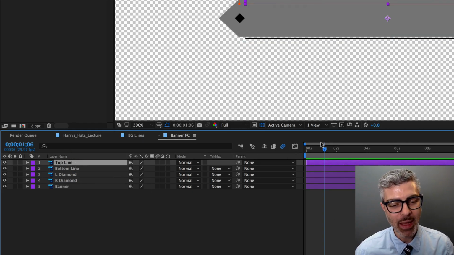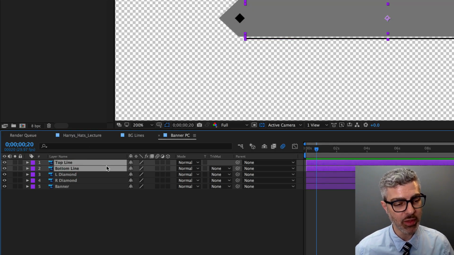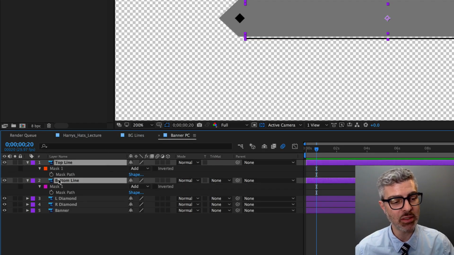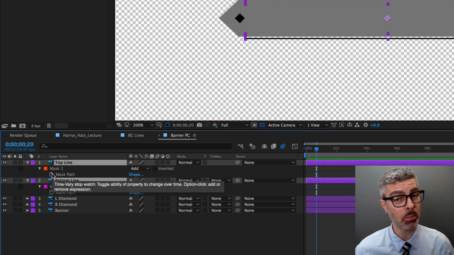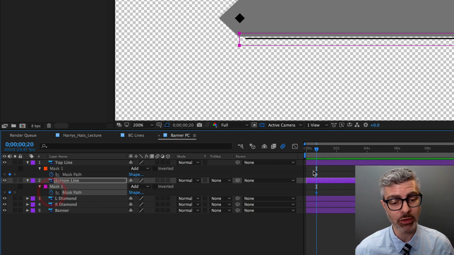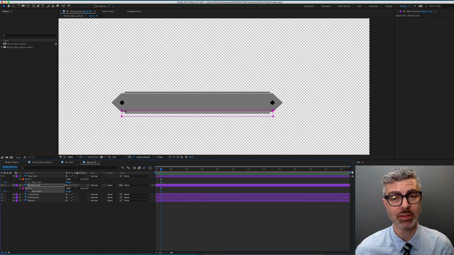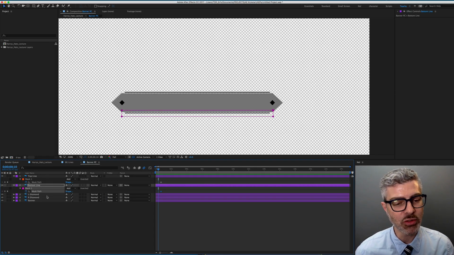So let's go to frame 20 here. So let me click back a couple frames, and now I'm going to select both these and I'm going to press M again. M is for mask, and this will show me my mask path. And what I want to do is click on the mask path stopwatch for both layers, and that will now set a keyframe for the path of the mask. Okay. So if I roll back, say to frame 10 now, 10 frames earlier,